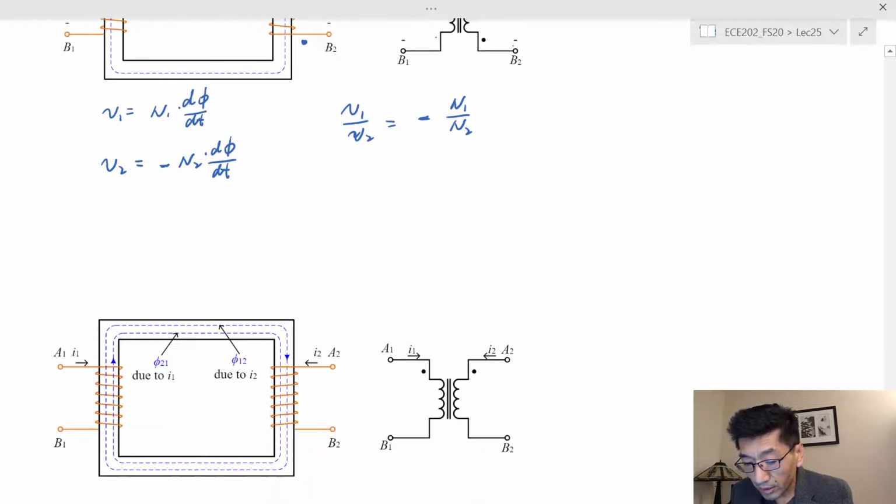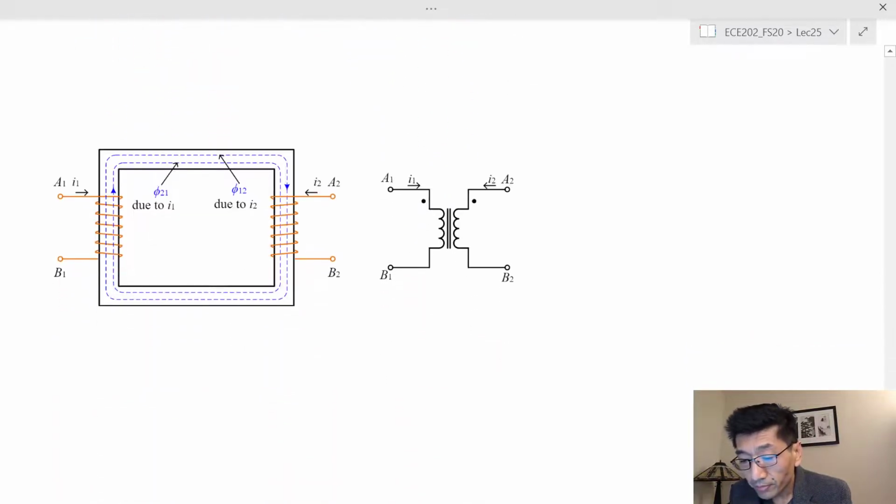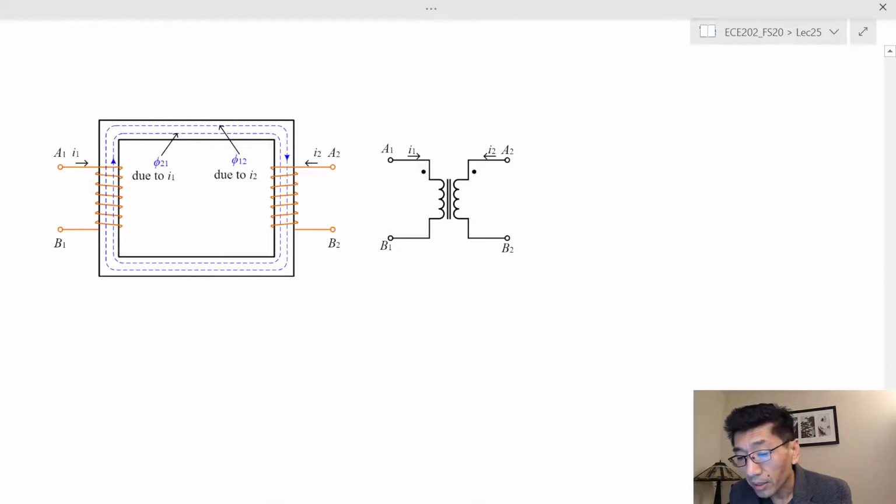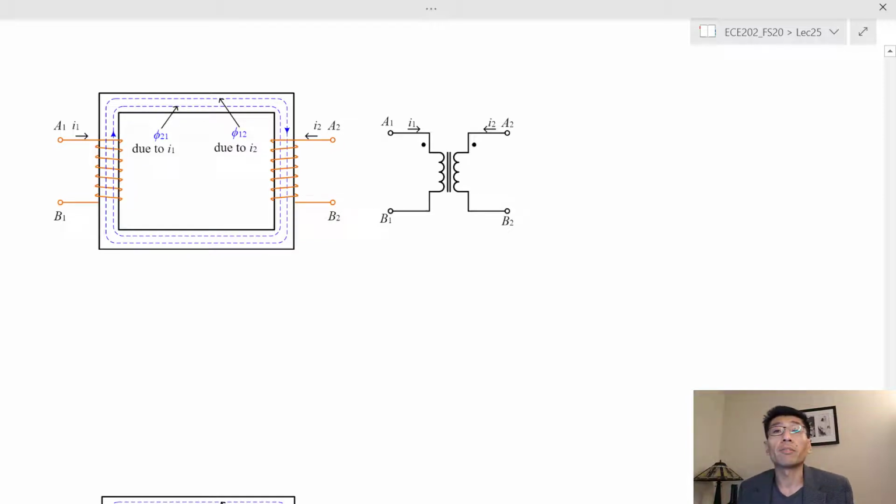And let's look at the current ratio. In the current ratio here, I think the text had a fundamental mistake or error there. The derivation is completely wrong. I'm not following the text. So this is the correct